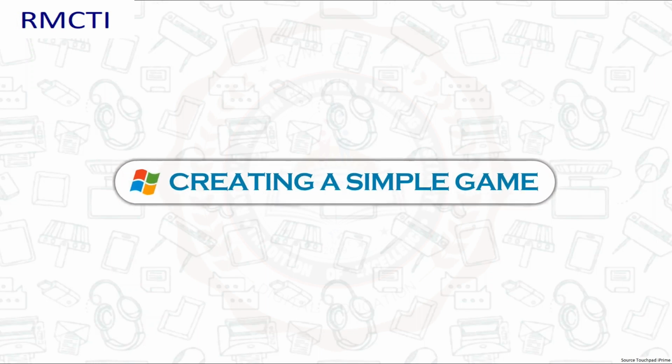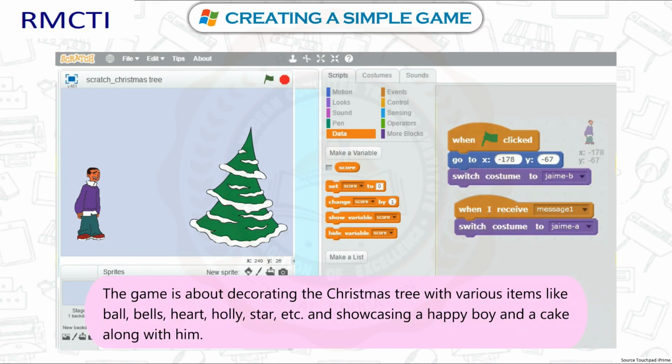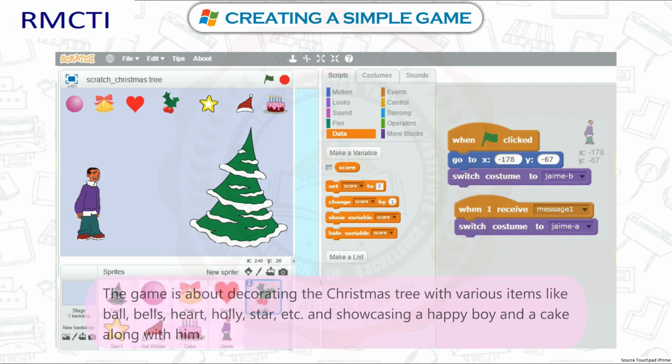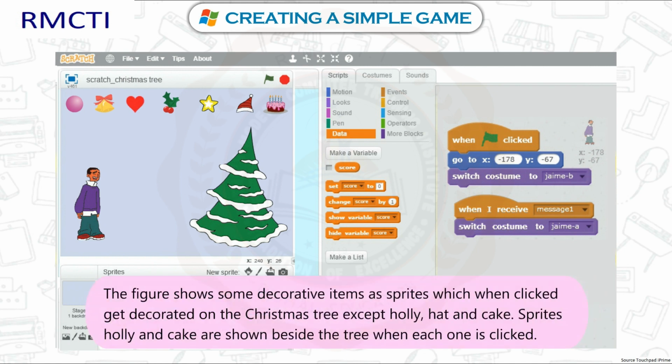Creating a simple game. The game is about decorating the Christmas tree with various items like ball, bells, heart, holly, star, etc. and showcasing a happy boy and a cake along with him. The figure shows some decorative items as sprites which when clicked get decorated on the Christmas tree except holly, hat